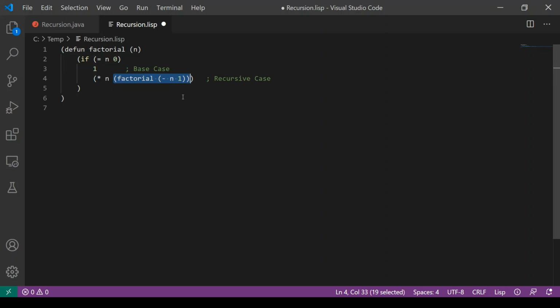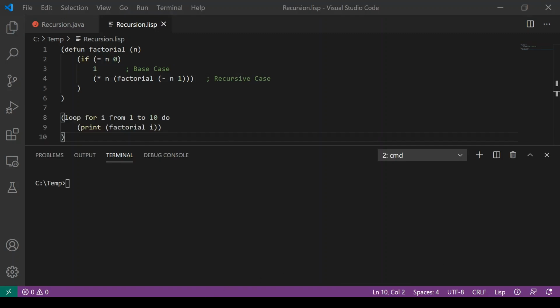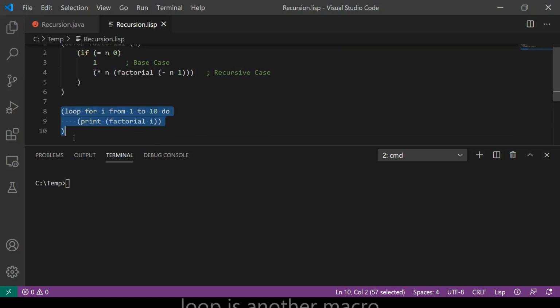Notice that Lisp does not bother with a return keyword. Since we are defining a function, it is assumed we are calculating a result, and that result is automatically returned. In fact, even the if statement here is an example of a function. It is a function that returns either the second parameter or the third parameter, depending on the value of the first parameter. To test this factorial function out, I actually will be using one of Lisp's non-recursive loop constructs right